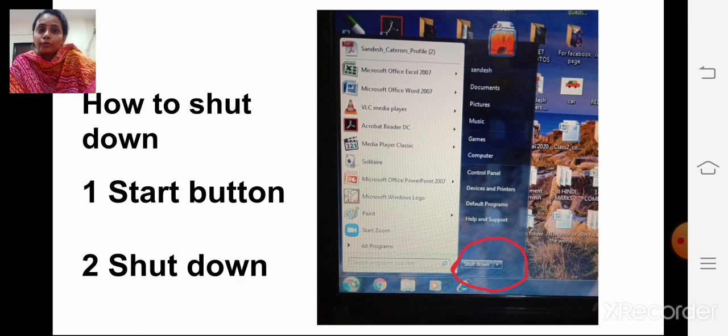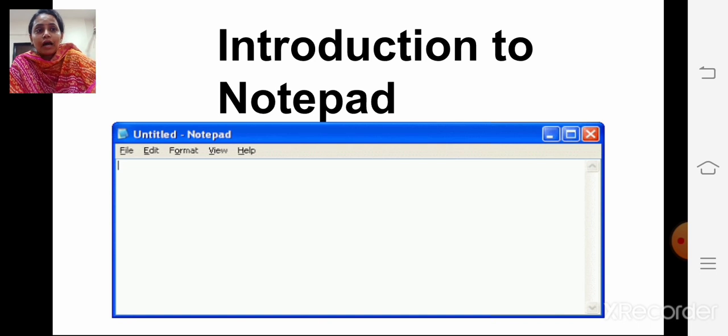This is the way you can shut down the computer. Okay children, understood? Now, we will see Notepad, how to open Notepad, what are the parts of Notepad. We'll do a revision of Notepad.